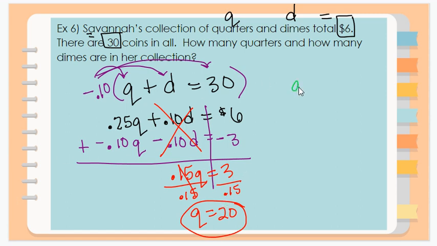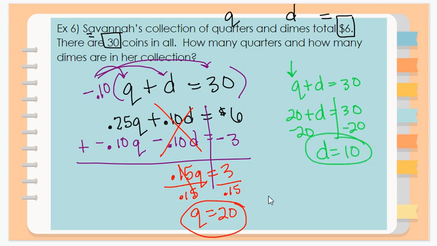All right, so let's use that to find how many dimes there were. So we have Q plus D equals 30. I'm going to take that 20 and plug it in here. So 20 plus D equals 30. Well, that's easy. I'm sure you can already see the answer. D equals 10. So now we can answer our question, how many quarters and how many dimes are in the collection? There are